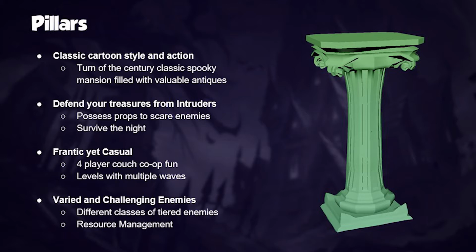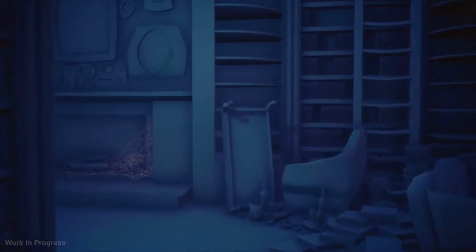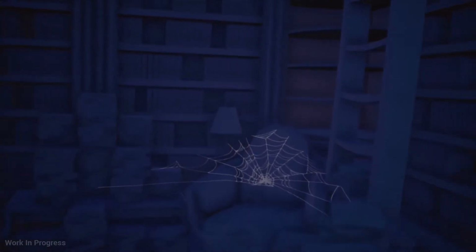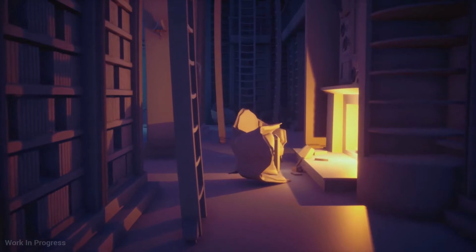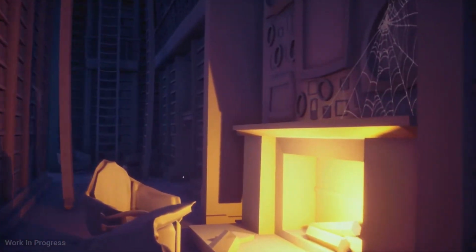And this is essentially Polterheist, the identity of our game and how we make our decisions when designing gameplay and visuals. But what does it look like? The main attraction of Polterheist is its sprawling turn-of-the-century mansion. This magnificent building is where the ghosts make their home and is made up of dozens of varying themed rooms. Rooms such as the ghost's enormous library,